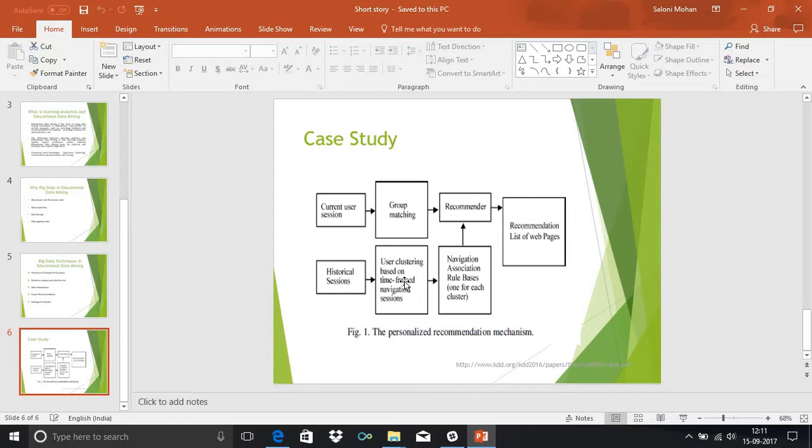and then the access patterns for each user group are established by the association mining technique. And to produce personalized recommendation for a user, the group most similar to the user's navigation session is first selected, and then the recommender applies the prediction rules in the corresponding rule base to generate the item